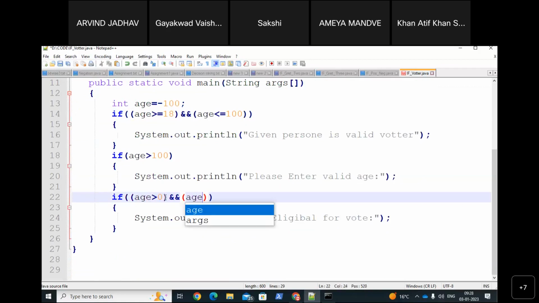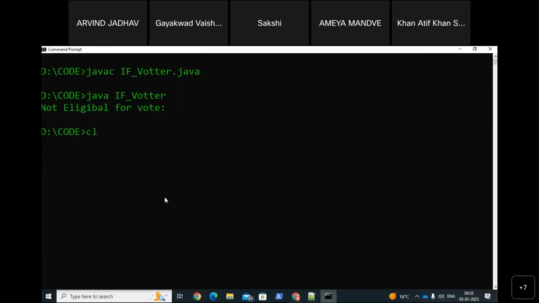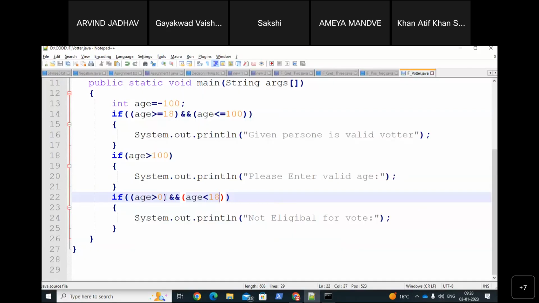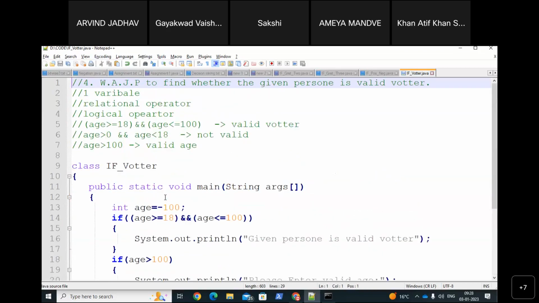Check out. See voter, we did not get any output, बस हमने माइनस एंटर किया था, ओके।